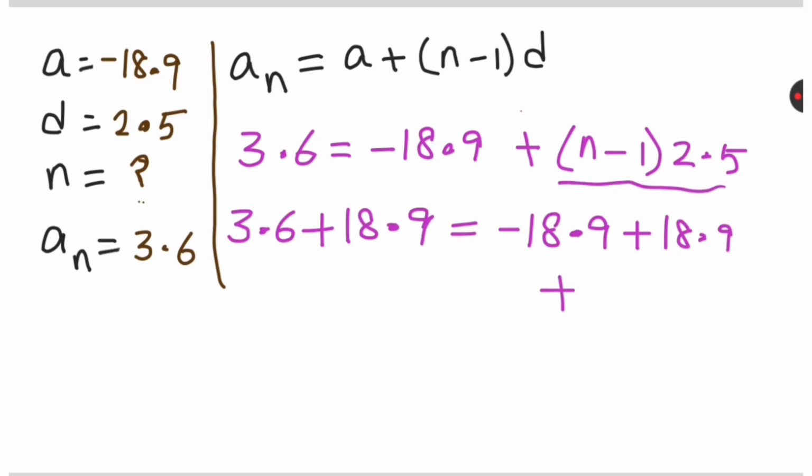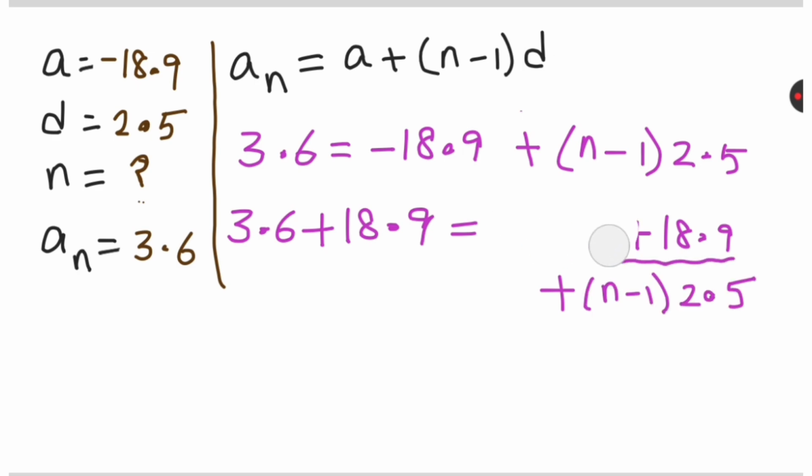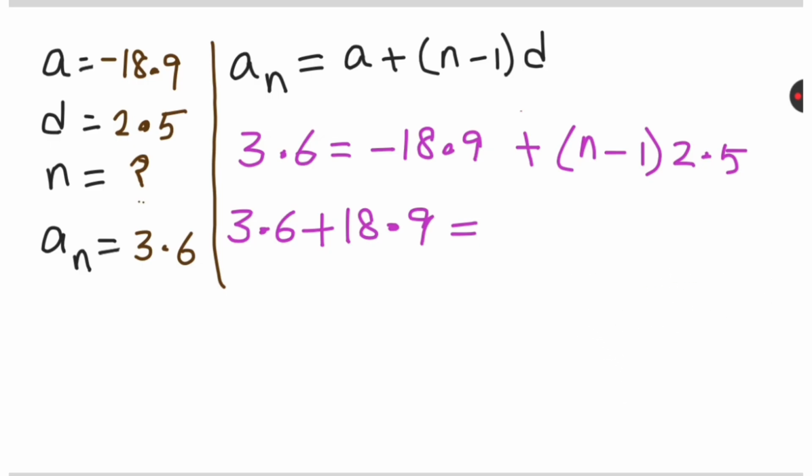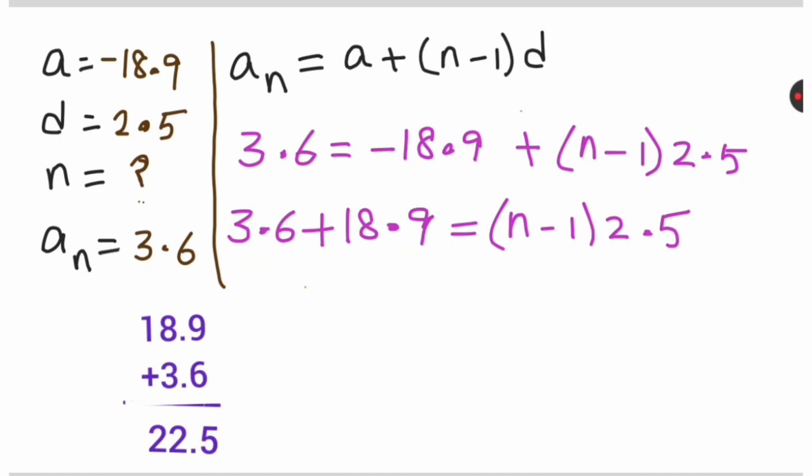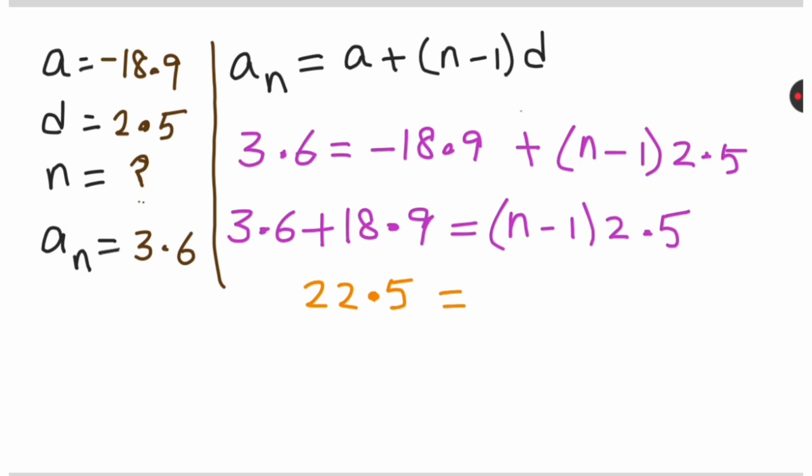Plus what we have, n minus 1 times 2.5. Here we have minus 18.9 plus 18.9, which gives only 0. So we are left with only n minus 1 times 2.5 on the right hand side. On the left hand side, 18.9 plus 3.6, after adding, we get 22.5. So that is equal to n minus 1